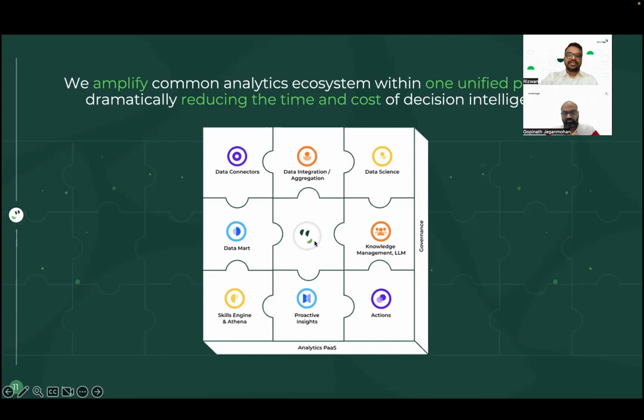And with this, Athena can start answering all your questions. We also made sure the LLM models are embedded on the platform for Athena to seamlessly answer your questions. We built the entire skill engines and knowledge graphs that Athena can utilize by connecting and sensing the data, answering your questions, proactively sending you insights, and creating actions. This makes it a complete data and analytics platform.